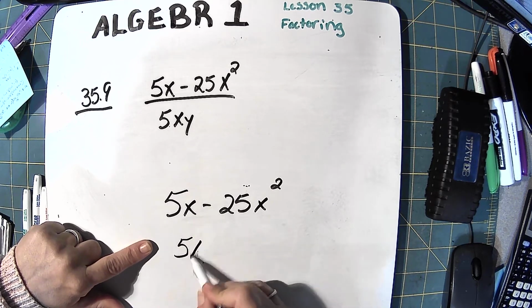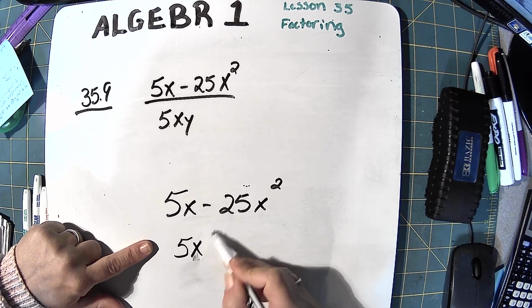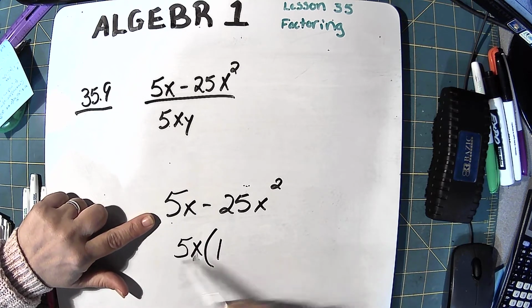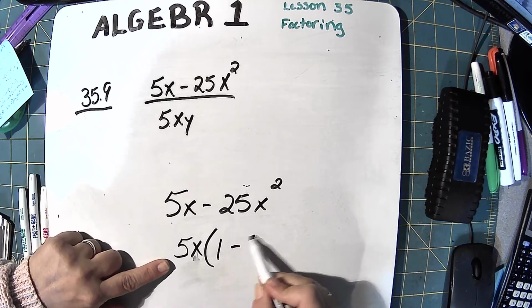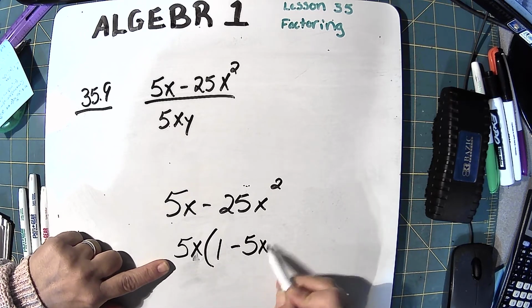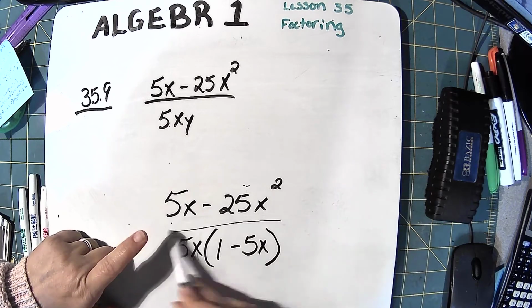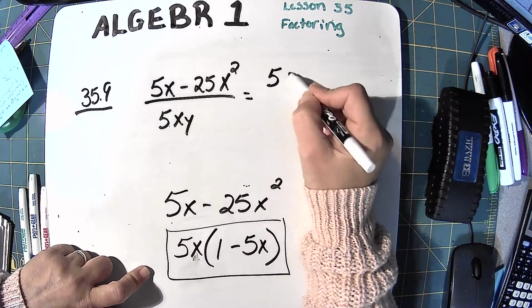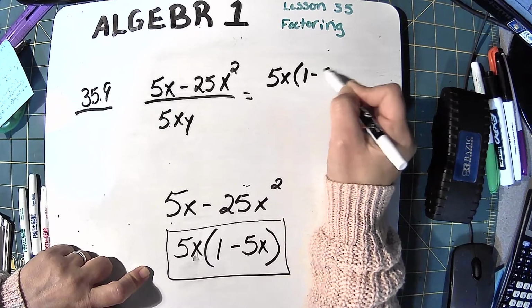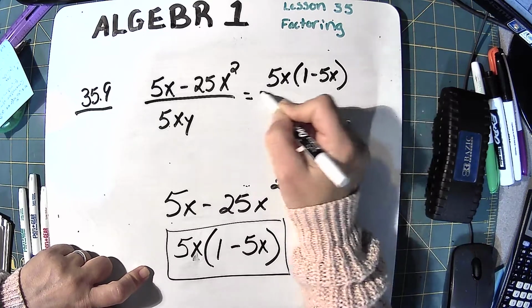Put my x on there. So that will be 1, because 5x goes into 5x one time. And then 5 times 5 is 25, and that still has an x left. So that's I factored that out. Alright, so I'm going to put that as my new top. 5x times 1 minus 5x over